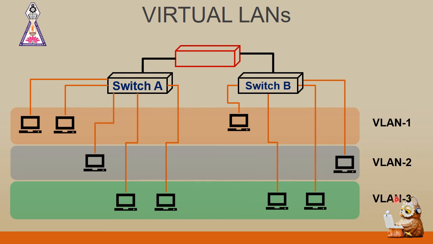So in this particular situation, I have two different switches and three local area networks, and a backbone switch which is implemented on VLAN software. This is a good configuration in which a company has two separate buildings. For each building to have the same local area network with physical wiring becomes much more complex, tedious, and